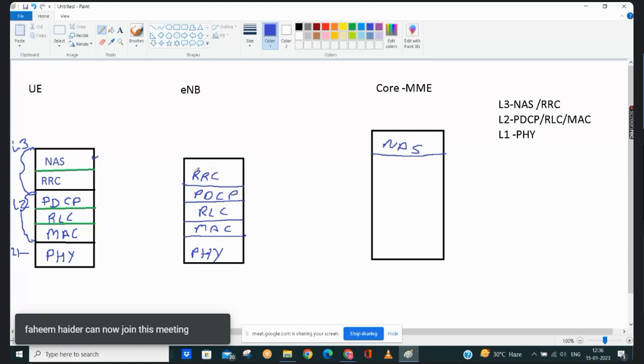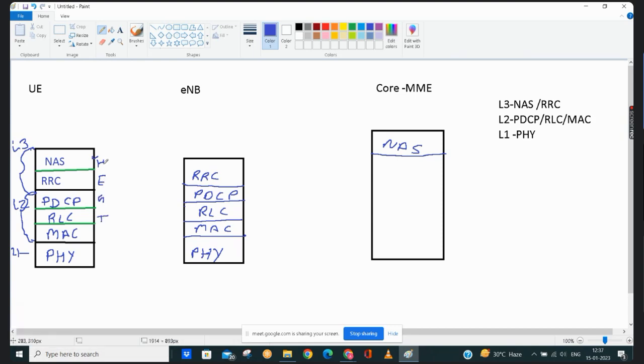Okay, so again, suppose this is Hindi, this is English, and this is some regional language, suppose Gujarati, and this is Telugu. The person who knows Hindi can communicate with a person who knows Hindi, right? Same way, English with English, Gujarati with Gujarati, Telugu with Telugu.